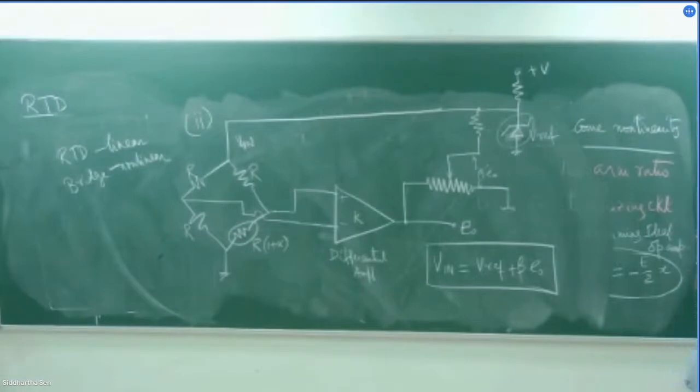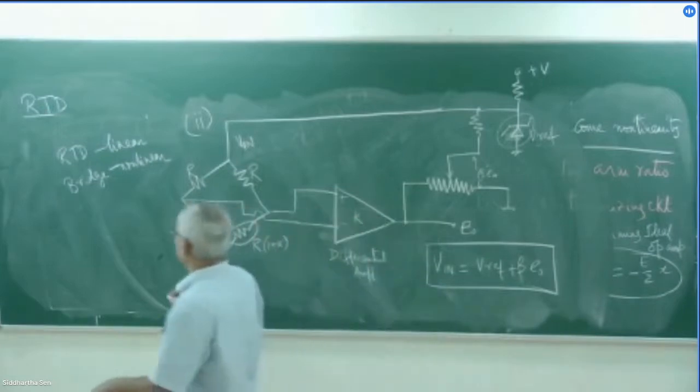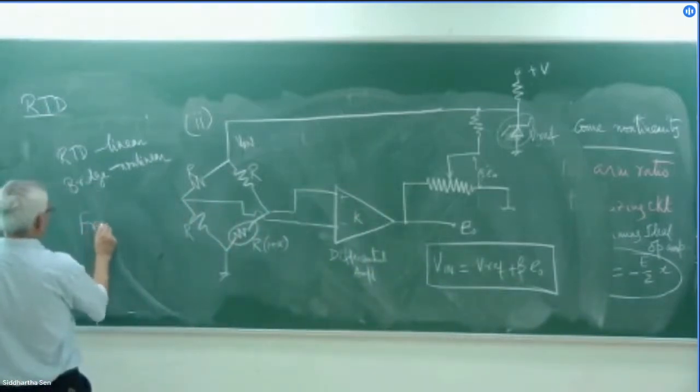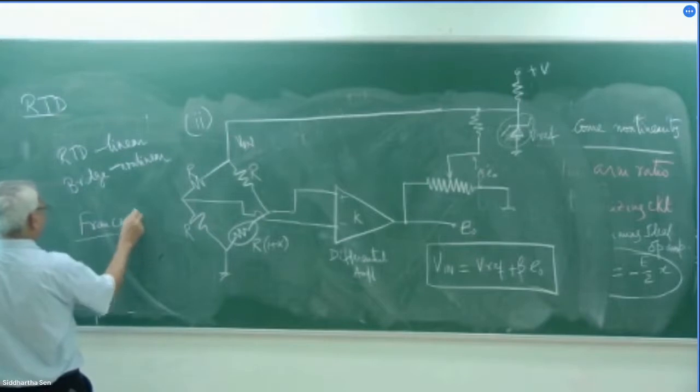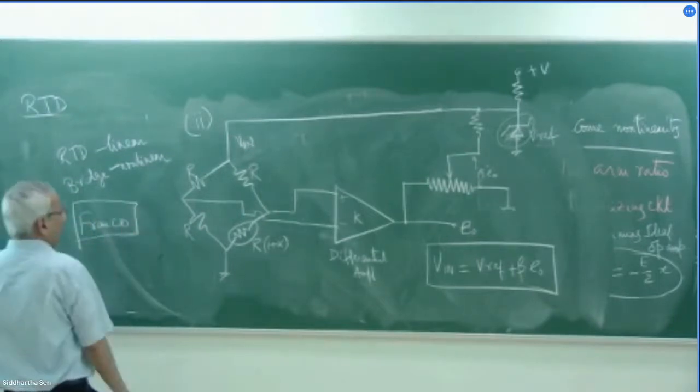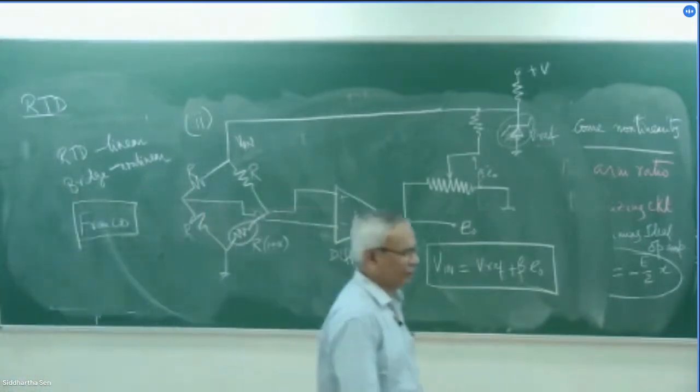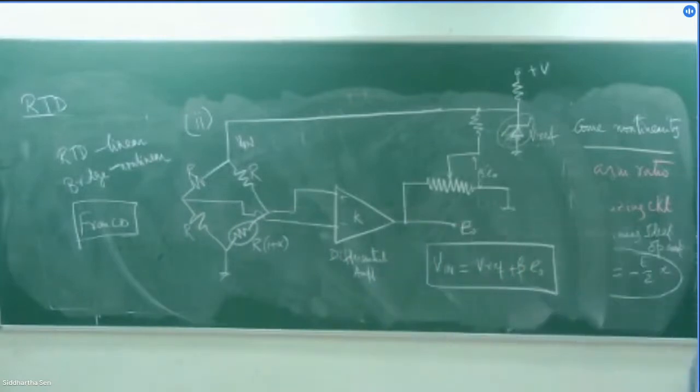Okay, I stop here. You try it, we may discuss it tomorrow, but this is one way. There are several schemes. I have already given one or two, but you can see them in books, particularly Franco's book. I think you must be familiar with this book by Franco. There are several problems given for this removal of bridge nonlinearity using active elements.